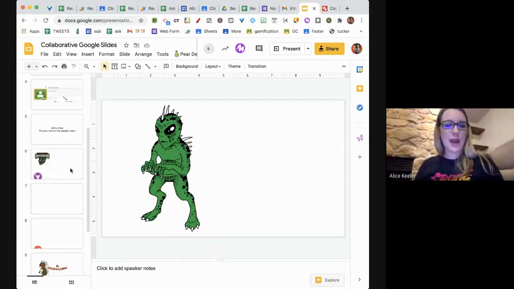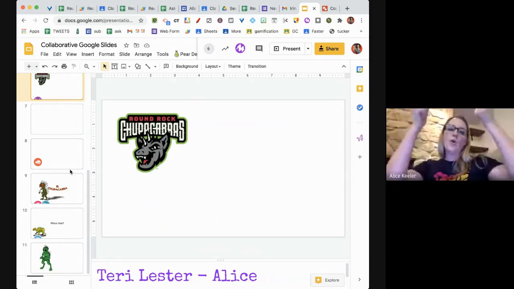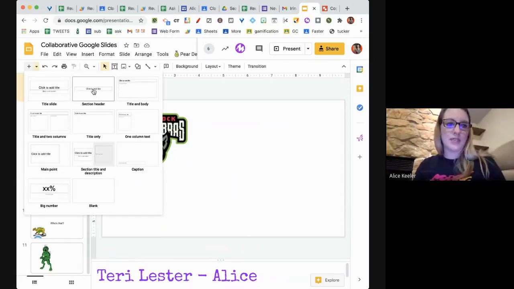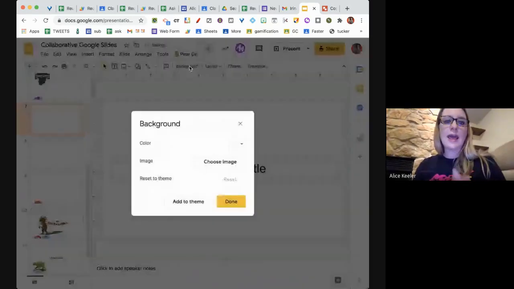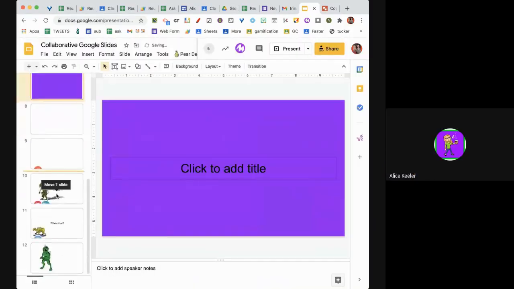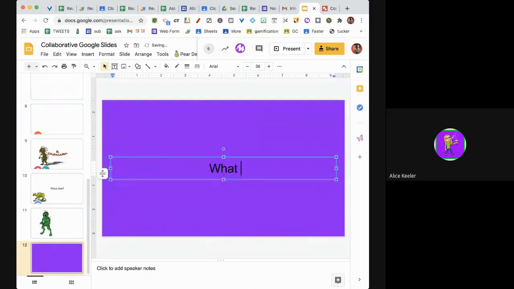Here we go, chupacabras. Okay, so what I want is every student to add a slide and do a prompt. If you can do it on whiteboards, you can do it here in collaborative slides. I'm going to add a slide because I'm going to put my prompt here, and I'd like to change the background. So I'm going to make my background purple, and I'm going to drag it over here. And I'm going to ask a prompt. What would you buy for your classroom if you had